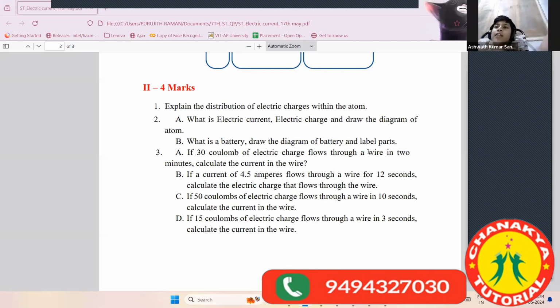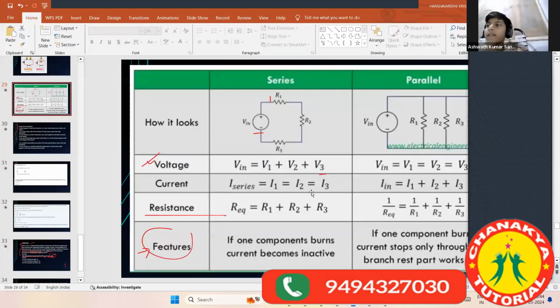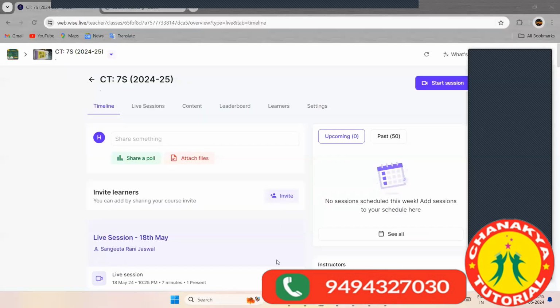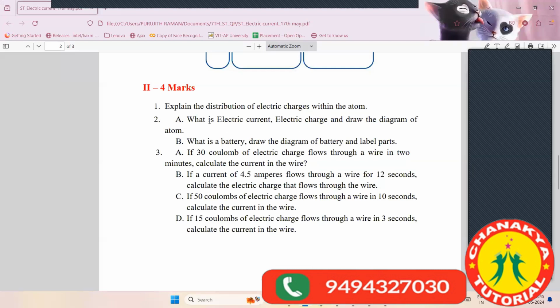Ma'am, you didn't tell us to draw an electric circuit, it is a battery now. Yeah, ma'am, I think I missed that question. Ma'am, I wrote it as anode, cathode. Is that correct? Yeah, it is perfectly fine. Ma'am, I think I missed the B part of the second question in the second 4 marks one. Why? It's not 4 marks. You would have lost only 2 marks. It's 2 and 2, totally 4. So you will get the 2 marks for the first question and lose the 2 marks for 2B. That's fine, not a problem.